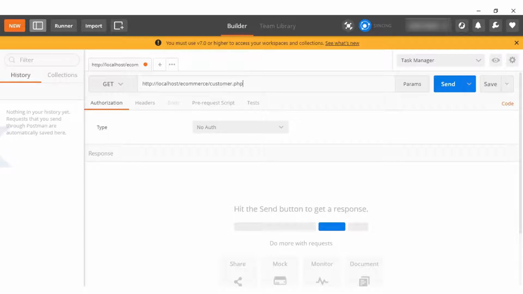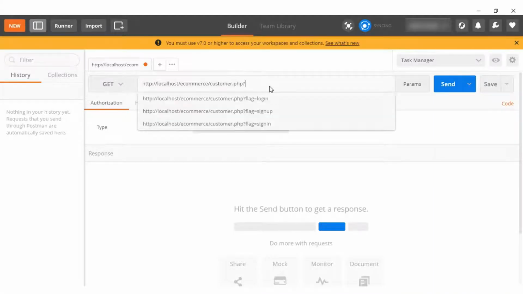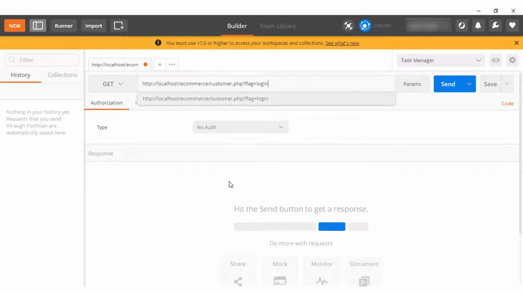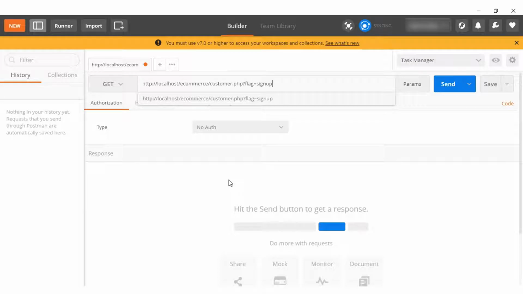As per our coding we need to pass the flag with the GET method. GET method means query string. Through the query string we can pass the flag, and the value of our flag will be login or registration as per our requirement. Inside Postman I am going to pass flag equal to login, or first of all I will check the sign up.